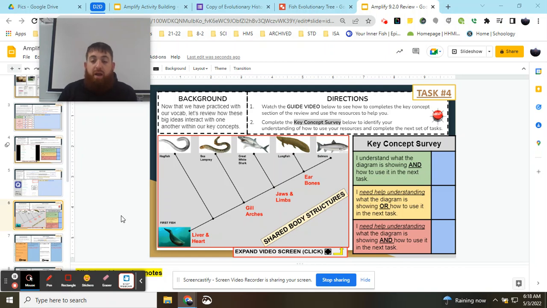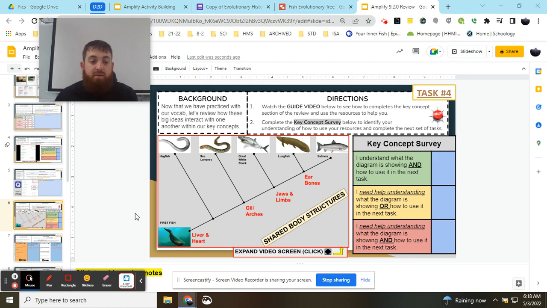Hey everybody, Mr. Regan here, and today we're going to be looking at how to use our fish diagram to help us not only connect our key concept to what we're looking at, but to help us make sense of the common ancestry we see here between our first fish and all of our different other species of fish today. So we're going to be breaking down how to understand this diagram and how to use it on the